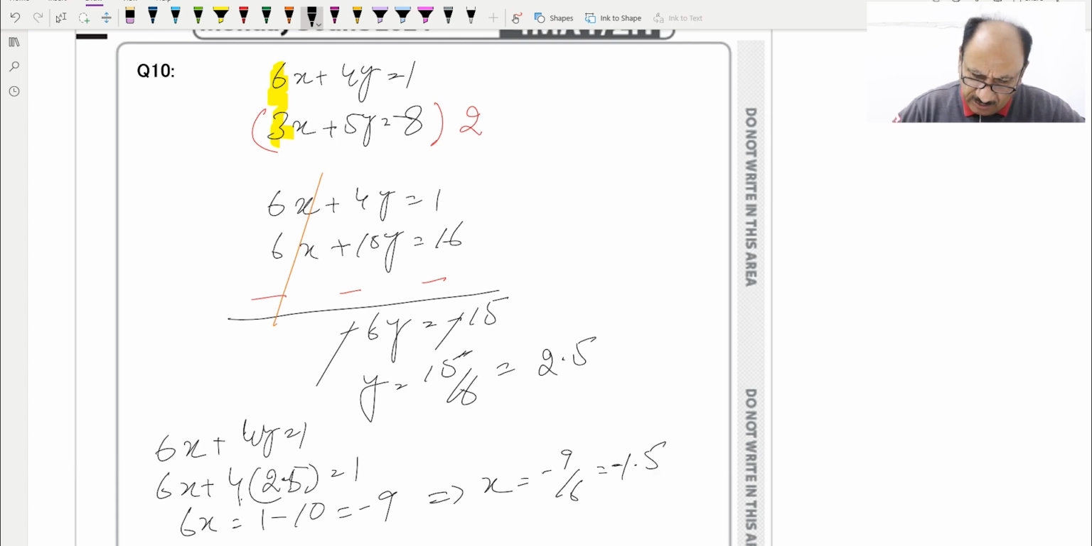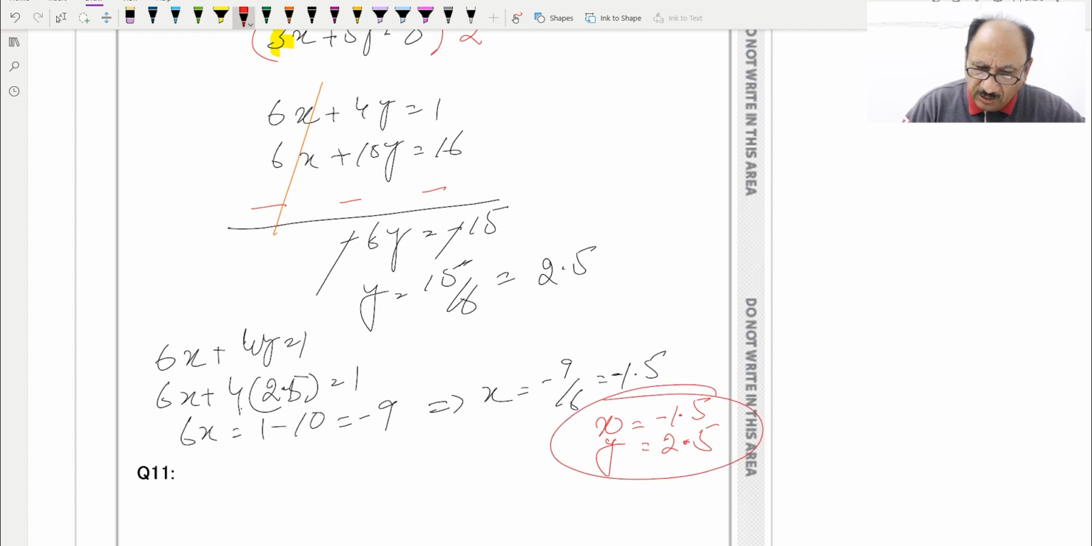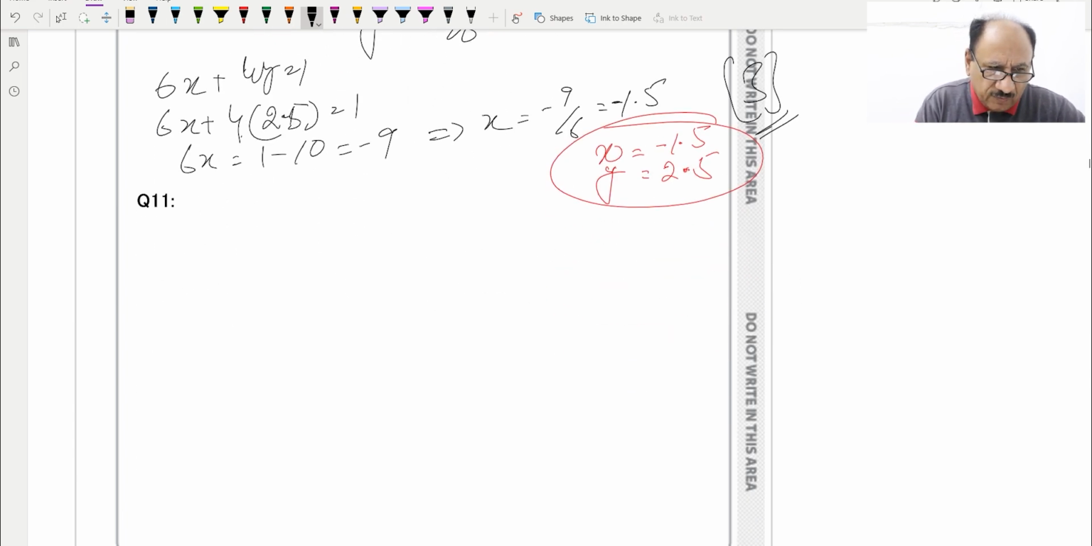So this will be our x value. So we can write x will be equal to minus 1.5, and y will be equal to 2.5, and this is the final answer, and this is for 3 marks which we have done. Now question number 11, which is factorize, part 1, is we need to factorize